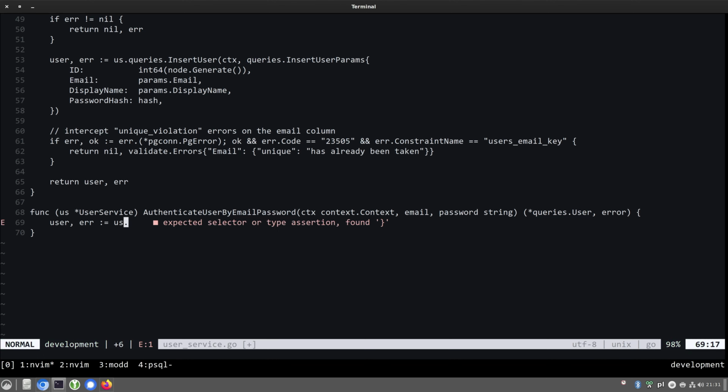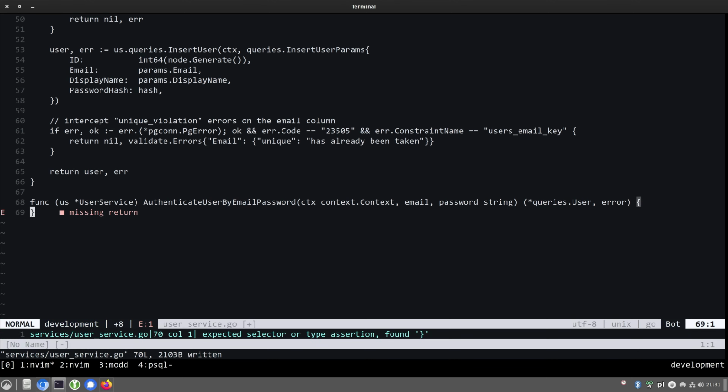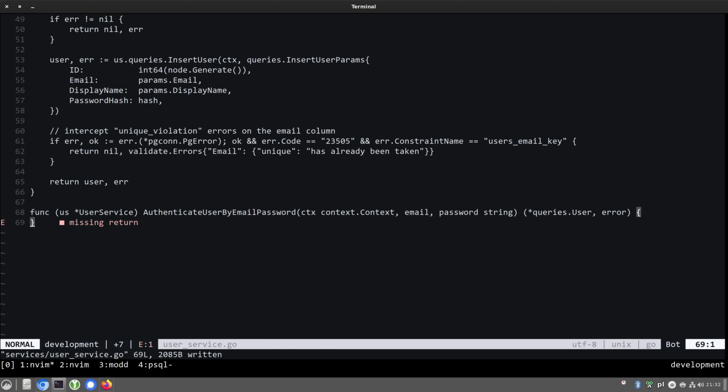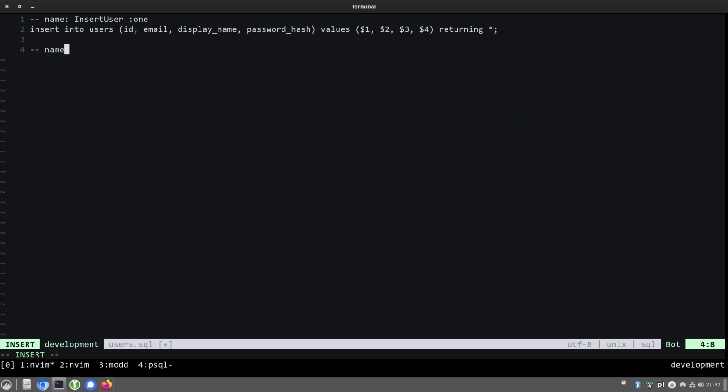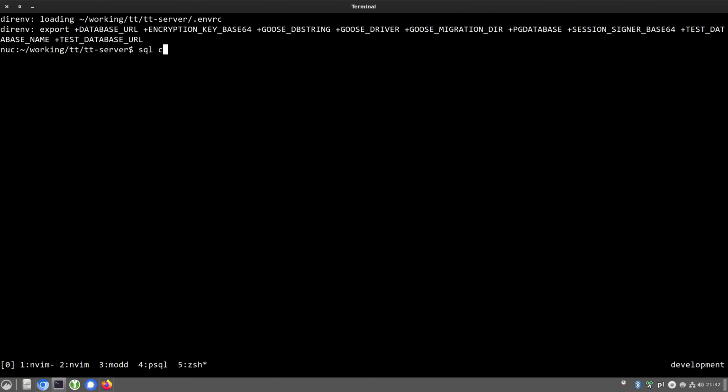Okay, I don't even have a query to check if a user exists. So to this end, I'm going to implement a query in sqlc. So select everything from users where email equals this, and then I